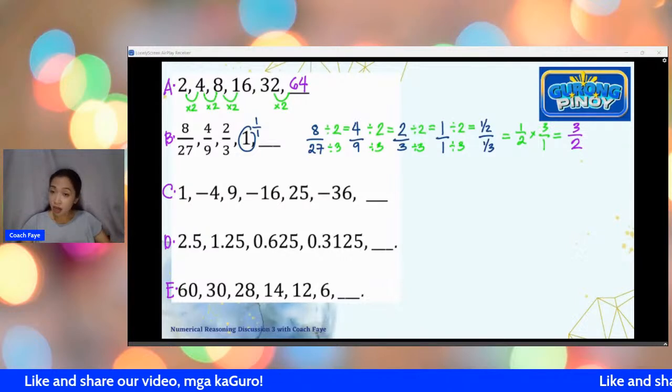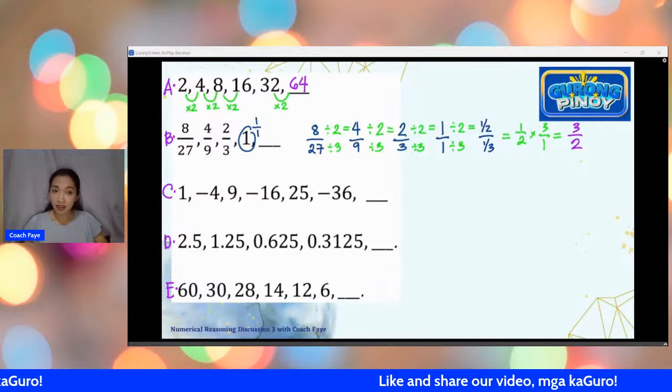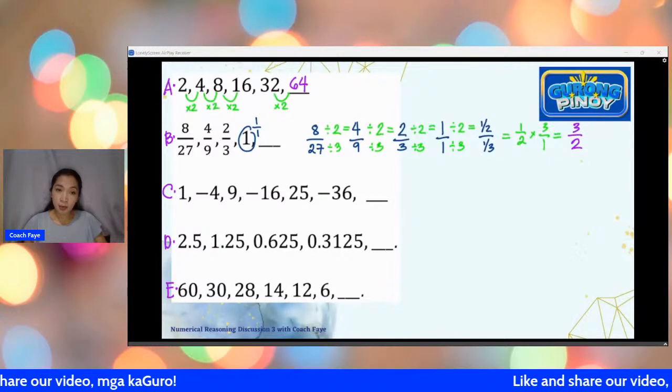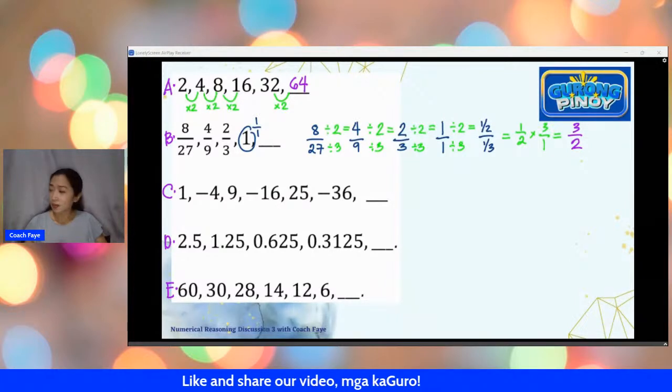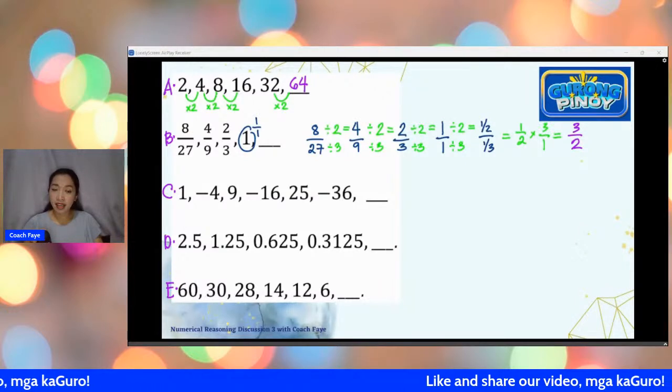So, do you have any questions, or meron po ba tayong answer dito sa letter C, or sa D, or sa E? Okay lang pag-skip po ninyo. Like for example, we're having a difficult time with letter C, perhaps you could answer letter D or letter E. Okay lang po yun. That's totally fine. Okay. Pa-share po ng ating answers for the succeeding items.